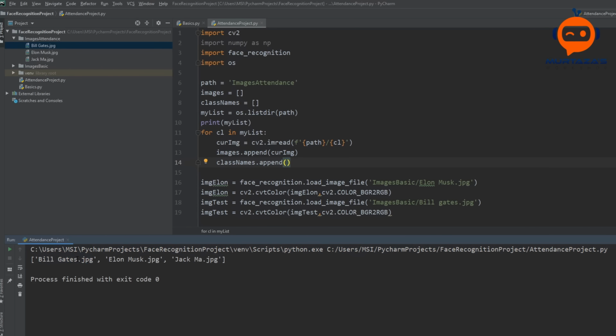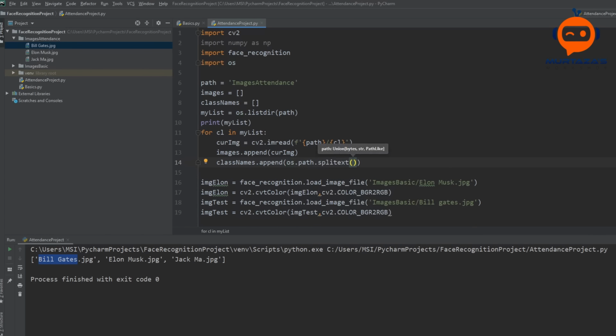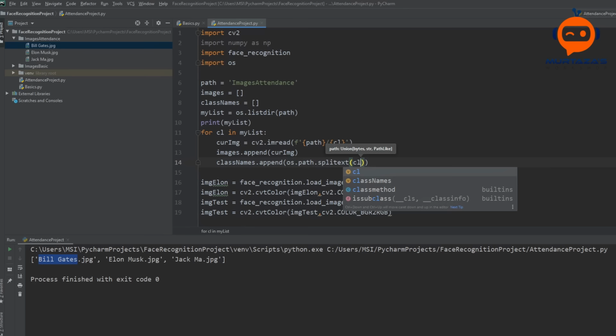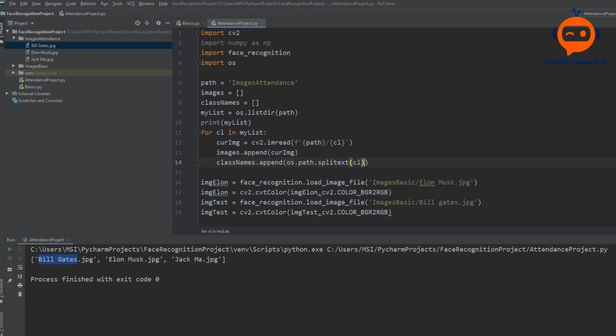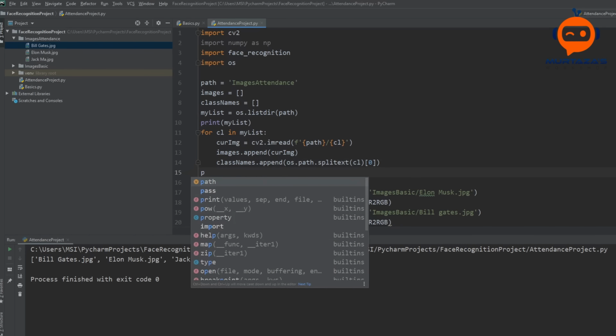We just want Bill Gates. So to do that, we can write os.path.splitext, and we want to split cl, and then we will grab the first element of it, which is 0. So this will give us Bill Gates instead of billgates.jpg. So we can print this out to see if it works properly.